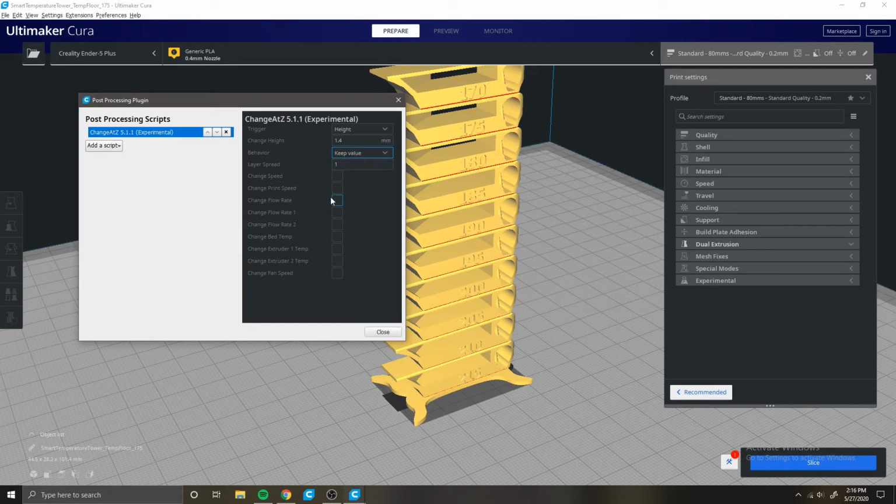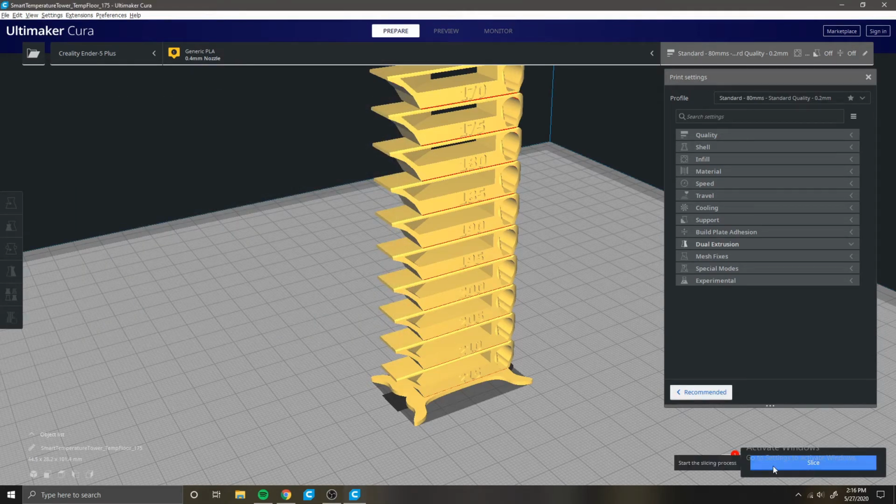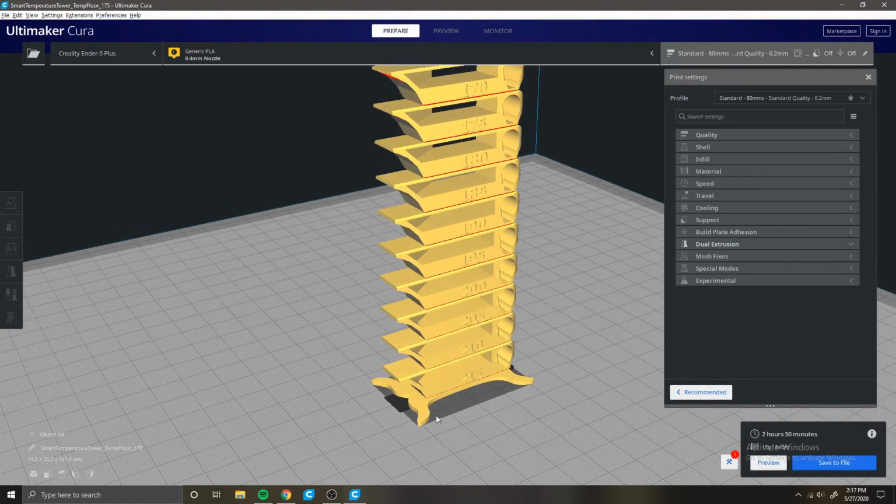Now what we do is we come down to our change extruder 1 temperature. If your machine only has one extruder, this is the option that you'll use for the entire time. And we just change this value to 215. And we hit close. We can see here that modifying that G-code will make us reslice, and that's good because that means when this file is saved, our print will begin at 200 C,